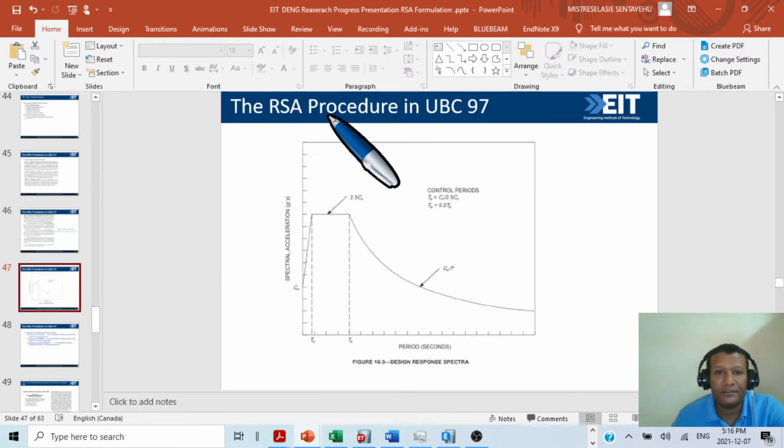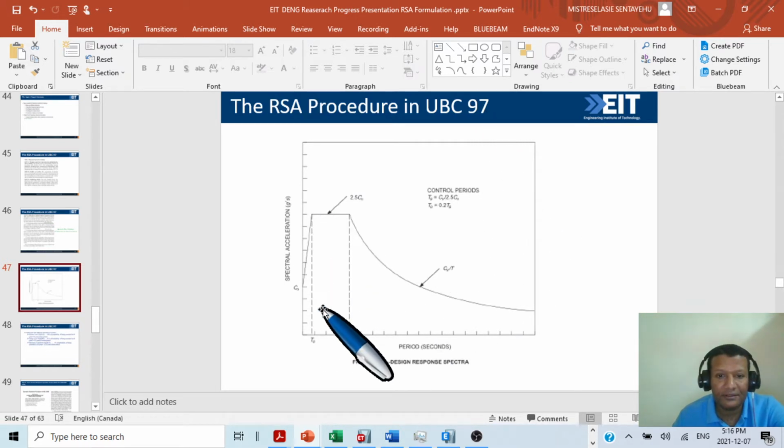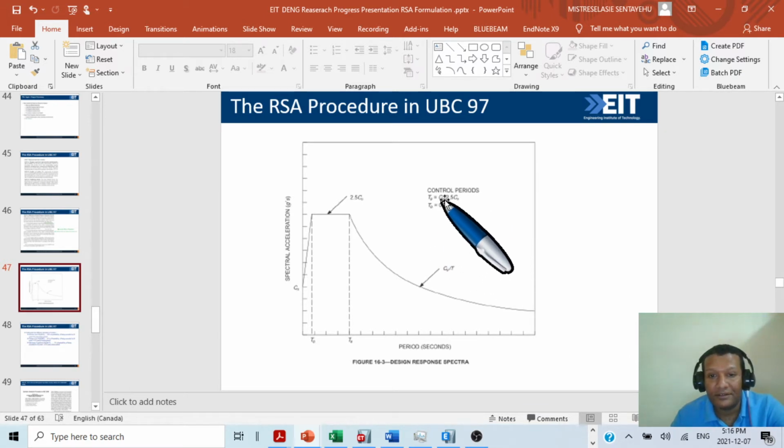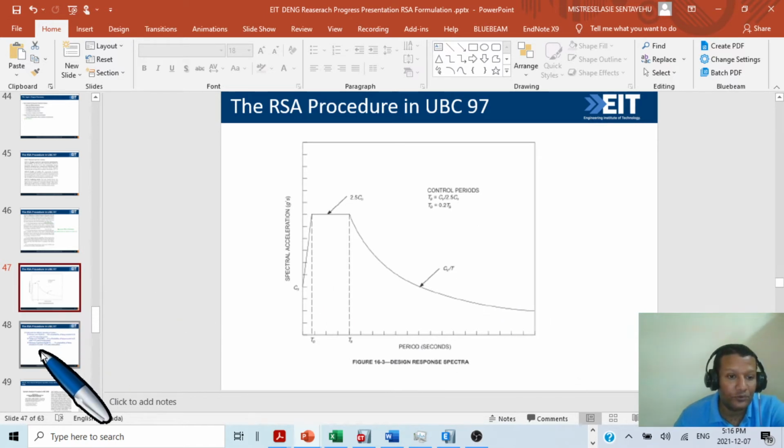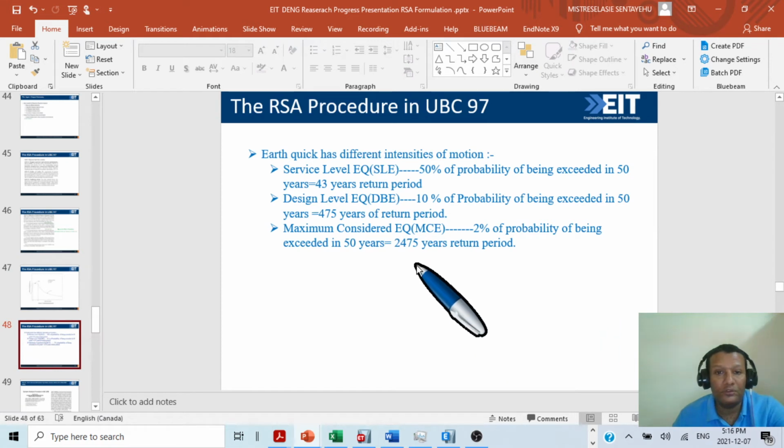So as per response spectrum UBC 97, this is a response spectra. We need CA and CV. This is the design response spectra. This is the formula. Once we have CV, CA, and this T0, Ts, and 2.5 CA, it's very easy to construct as per the code. So just to finalize,